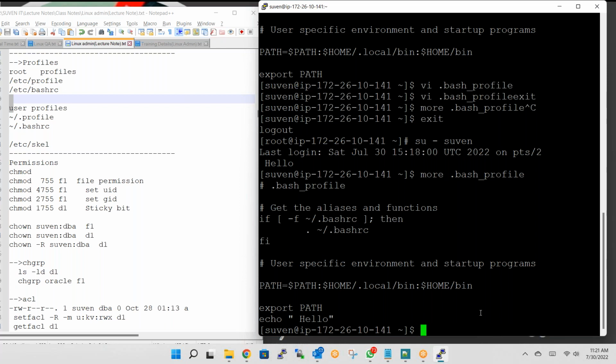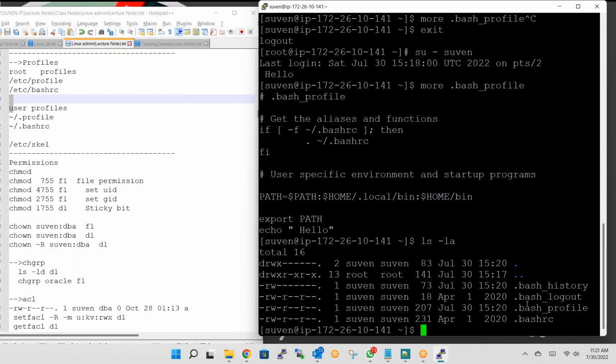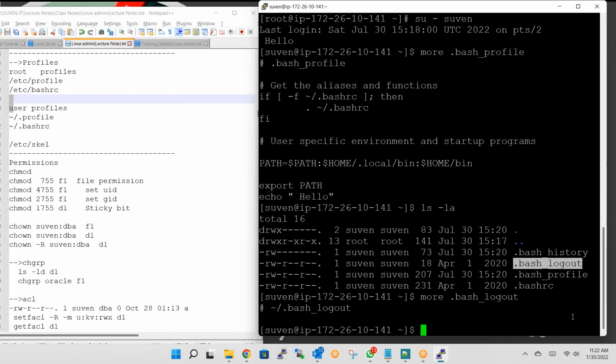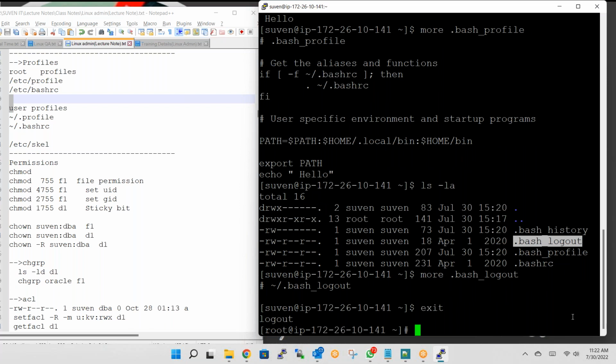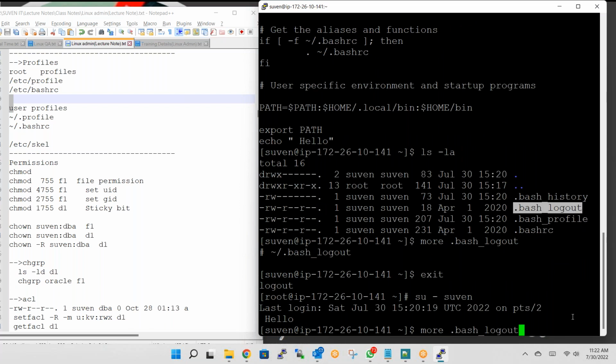Now coming to, for example, ls -a, where the profiles are in his home directory, there are profiles coming. For example, the logout profile. If you see the logout profile, nothing is there, right? Whenever he exits, that time this profile is going to execute and it will run whatever is there in that file. So now nothing is executing, just say logout, right? So instead of that,